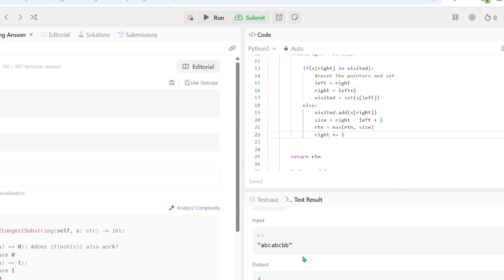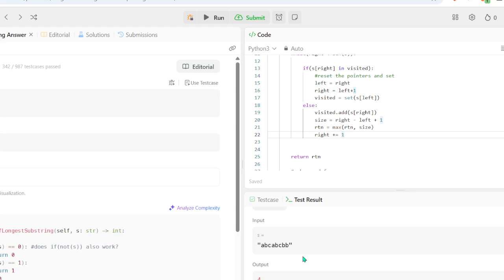Okay, so increment it once. So now our size is 2 minus 0 plus 1, which is 3. Actually, let me see.